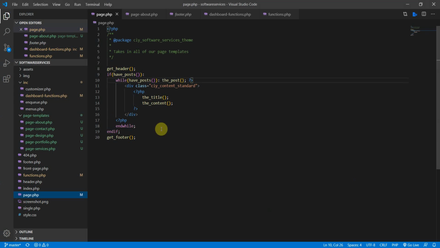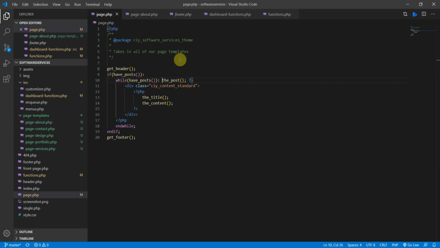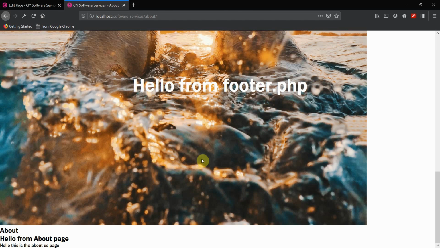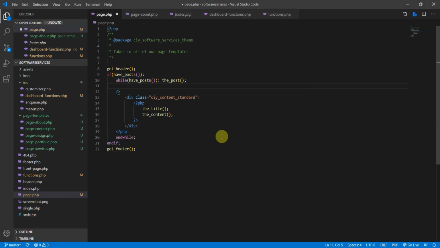All right, so let's go to our backend, and the first thing we need to do in our page.php is what I did in the page about template. But the difference here is I'm going to make the image a background image. In order to do that, we have to create a variable. So instead of ending the PHP tag after the post, let's create